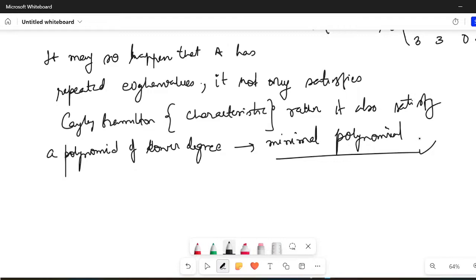So basically, what does it imply? It implies that, let's say your matrix is of n cross n. Your matrix is of n cross n. Then you can expect its characteristic equation to be of